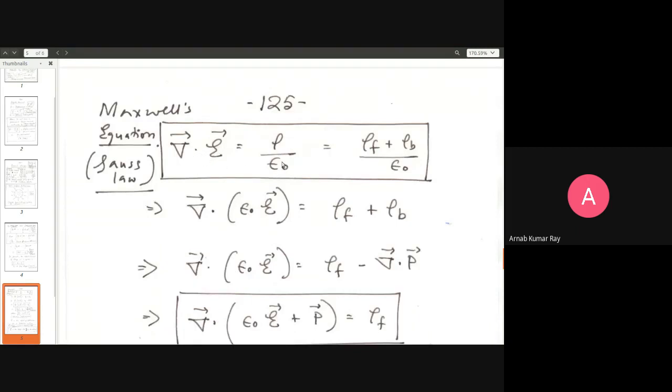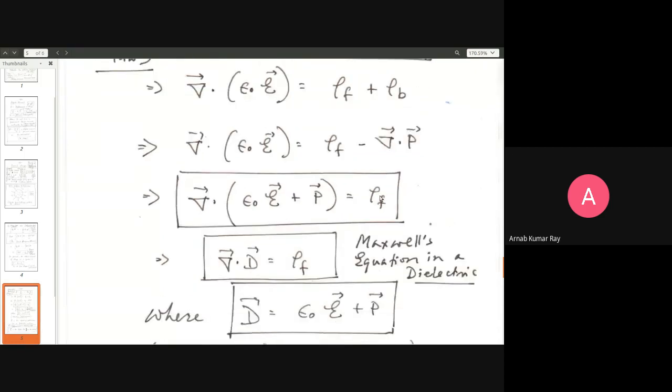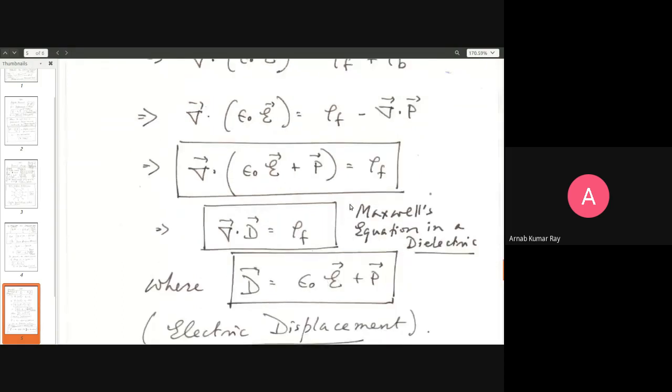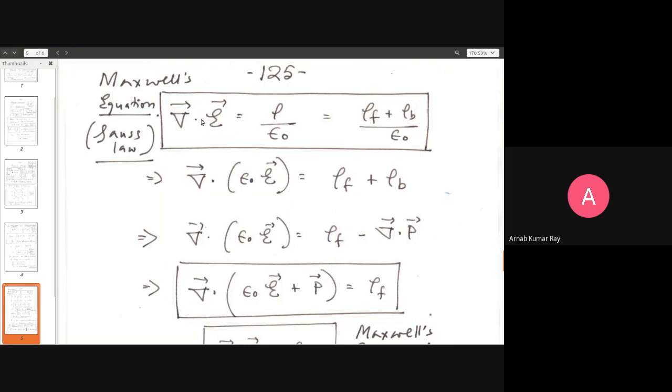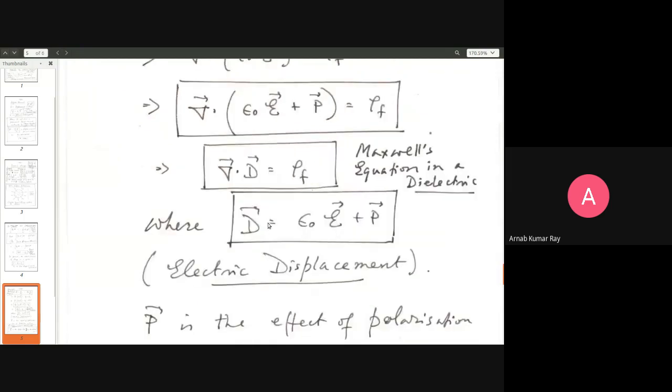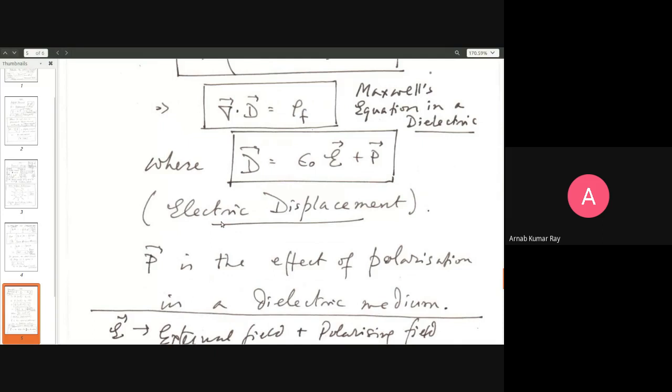Divergence of E is equal to rho by epsilon naught. You don't really prescribe anything about rho when you write this, but let's say you are in a dielectric material, where you have to worry about the nature of the charges you are working with, free charges and bound charges. So with that, it's just a little trick. But whenever we talk about Maxwell's equation, be it understood that I shall be referring to divergence of E is equal to rho by epsilon naught. This D we will have to put up with at times. So it's the electric displacement vector, and P is the effect of polarization in a dielectric medium.